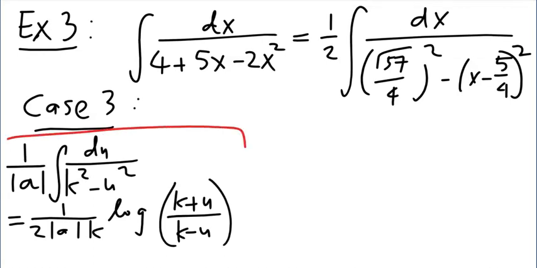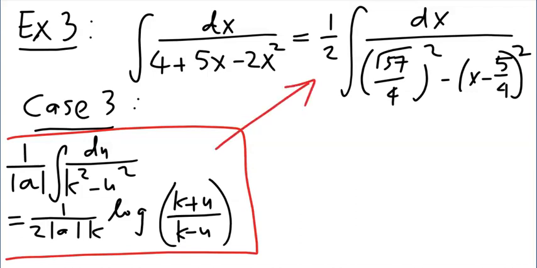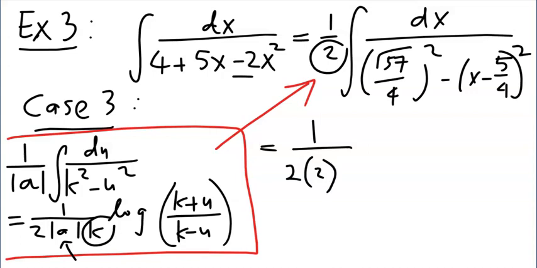Now remember the result that we derived before. By applying this directly to this integral, we will obtain 1 over 2 times the absolute value of a, so a is minus 2, so the absolute value of a is 2. Now what is k? K is square root 57 over 4,